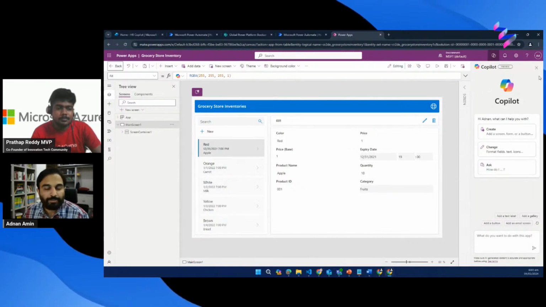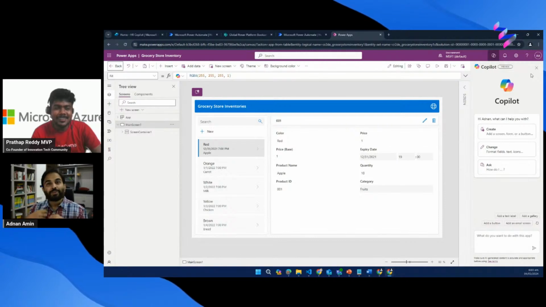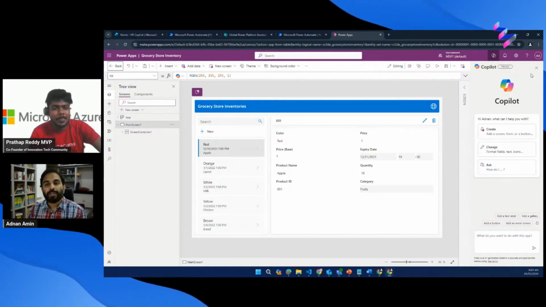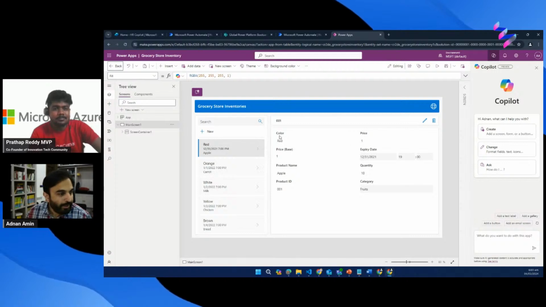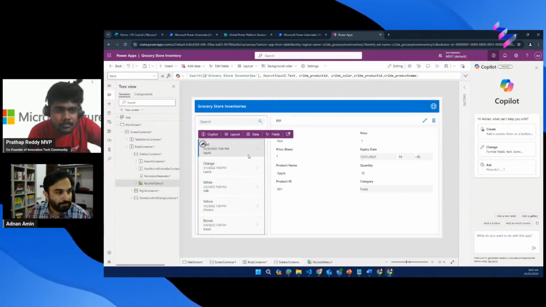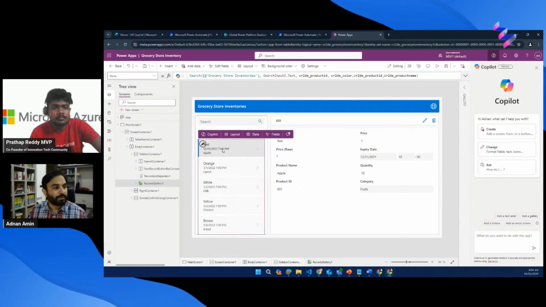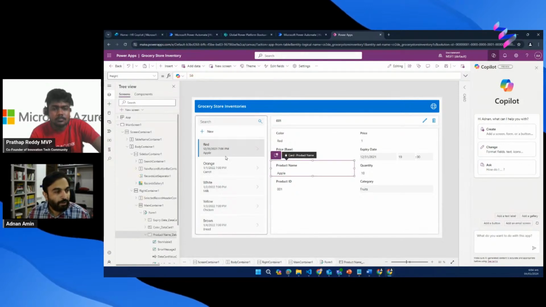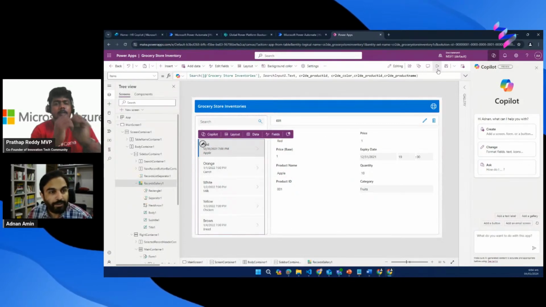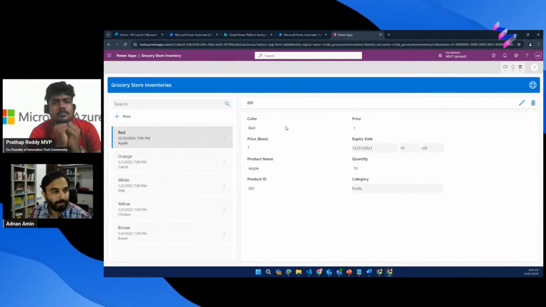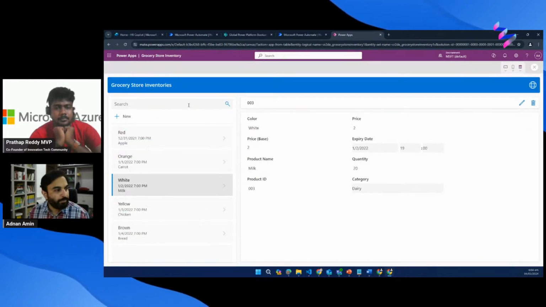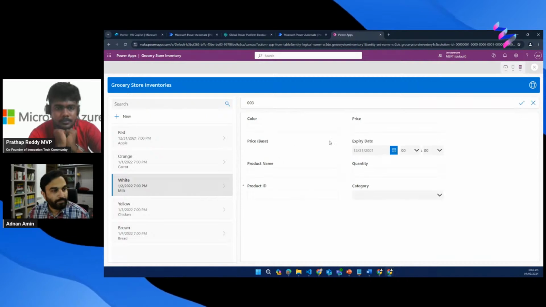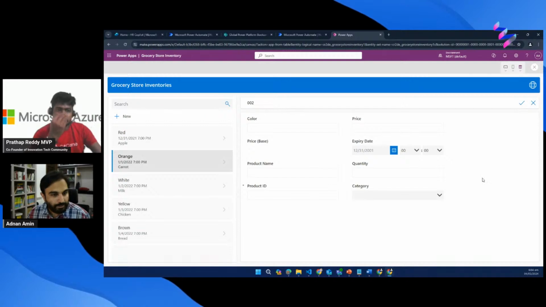I have good enough time, and here you will see the productivity, that Copilot helps me speed up whatever I am going to show you. Here it created the app, and I can make some changes, like changing the color and themes. These options are available here, and I will click on this play button, and you will see that this is the working demo. The information is available. I can add a new item,